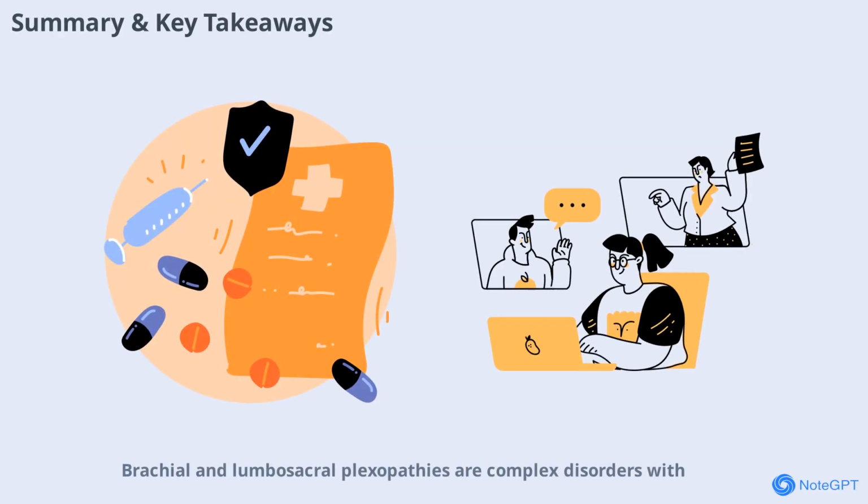Brachial and lumbosacral plexopathies are complex disorders with significant impact on limb function and quality of life. Their diagnosis requires a high index of suspicion, careful clinical evaluation, and the use of advanced diagnostic tools. Understanding the anatomy and typical clinical presentations is fundamental for accurate localization and management. While traumatic causes often necessitate surgical intervention, non-traumatic plexopathies demand a comprehensive approach that may include rehabilitation, pain management, and, when indicated, immunotherapy or cancer treatment. With ongoing advances in imaging and electrodiagnostic techniques, clinicians are better equipped than ever to diagnose and treat these conditions,